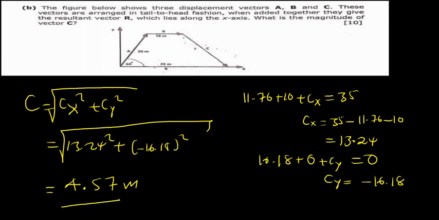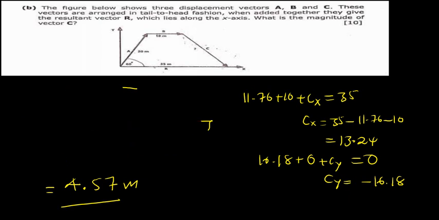And for this question, since they've just asked to find vector c, we found this magnitude, and the vector doesn't just have a magnitude, it also has a direction, so we also need to find the direction. That will be tan theta is equal to y component. What is the y component? That is negative 16.18 over the x component, which is 13.24. So theta